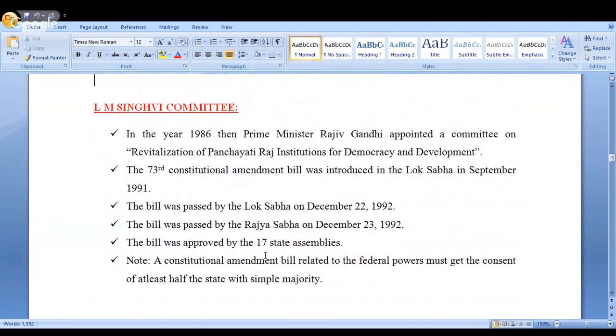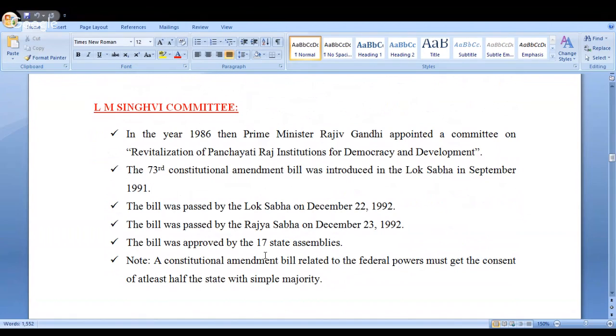Look at this. L.M. Singhvi Committee. I told you already. In 1986, the Prime Minister appointed a committee on revitalization of the Panchayat Raj institutions for democracy and development. And the rest of the points I already explained to you, that this is the committee that recommended providing constitutional status to the Panchayati Raj system. Right? So in accordance with that, the 64th Amendment Bill was introduced, and what happened to the 64th Amendment Bill, I already told you, right? So later, VP Singh, followed by Chandrasekhar, immediately followed by mid-term elections in the year 1991, and P.V. Narasimha Rao became the Prime Minister. And later,